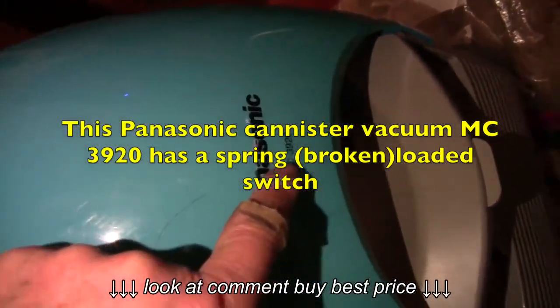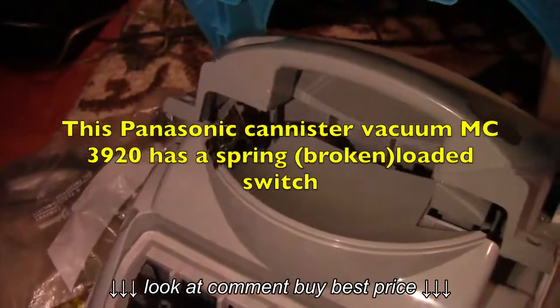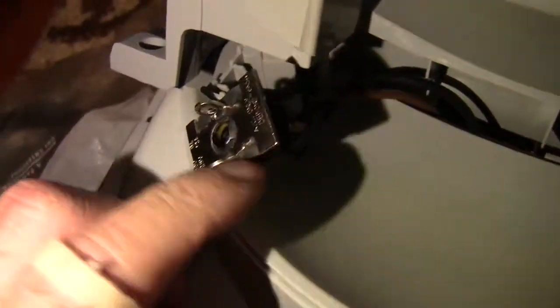This is my Panasonic MC3920 vacuum cleaner, and the switch on it broke. This is the switch. I haven't used it for